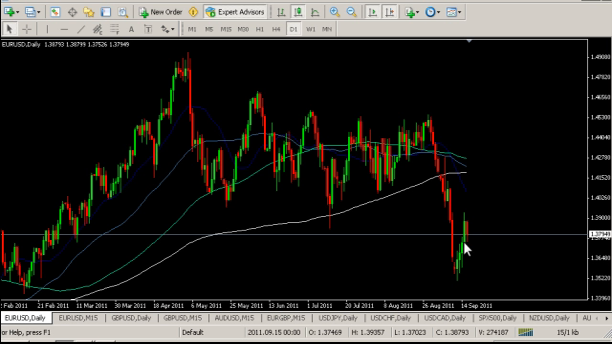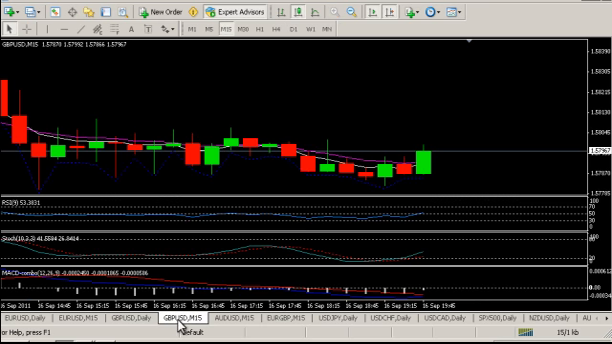So certainty of a default there for Greece. People can try and put it off for as long as they like, but as far as I'm concerned, it's a dead certainty. However, with the little rally that we saw in the euro, the same can't be said for